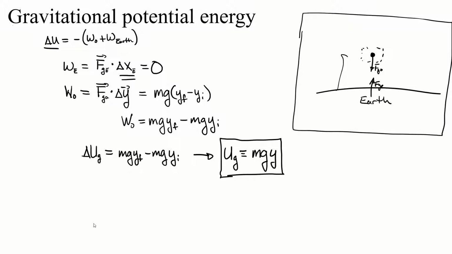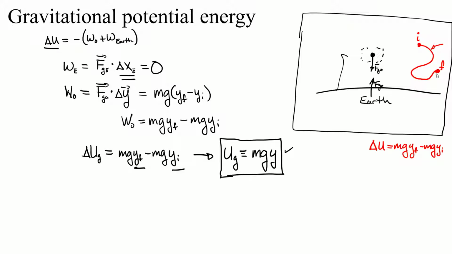And one of the really nice things about having this definition now is we no longer have to consider the path this object took or how it moved or anything. All we have to do is consider the endpoints of that object, right? So if I have some object that goes here and then it comes back down and follows some path to here, right? So this is its initial position, this is its final position, and I want to know the change in potential energy of that. It's just going to be mgy final minus mgy initial. And that doesn't depend at all on the path it took.